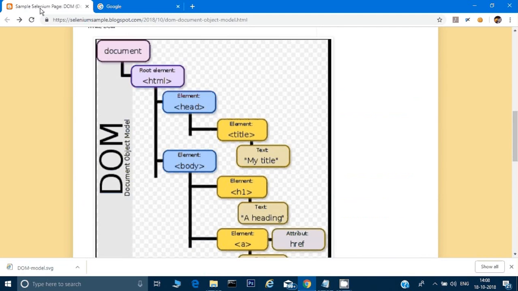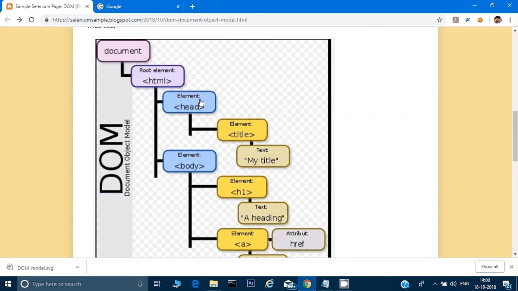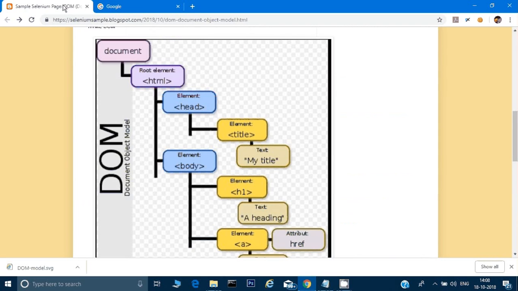Okay. And what the document object model does is convert each and everything, whatever we see on a page, into an object and different elements. So the document object model has converted the page into a document. So for example, it's a Google page. So there is an object created which is called document. Okay. All the tags which are there in this page are called the elements. The first tag is called the root element, the other tags are called elements. And all the text in that page is called text. So my title is also text, a heading is also text in terms of document object